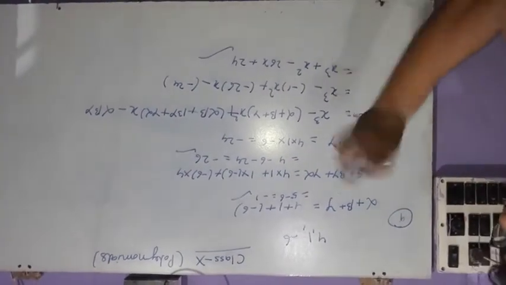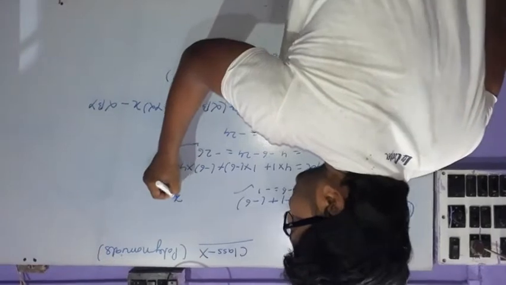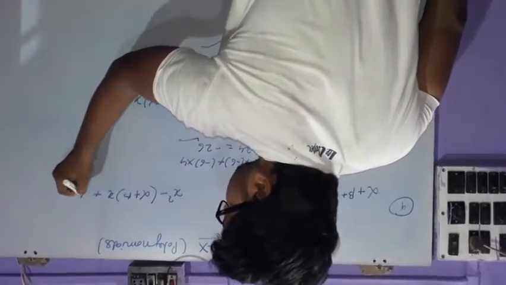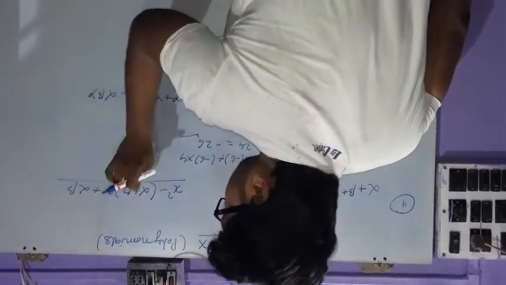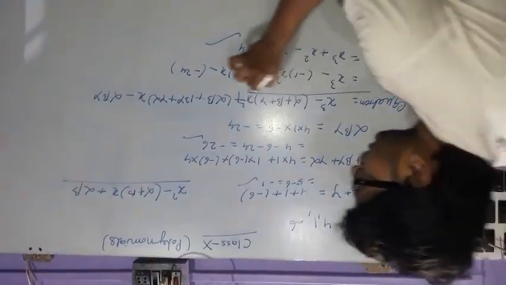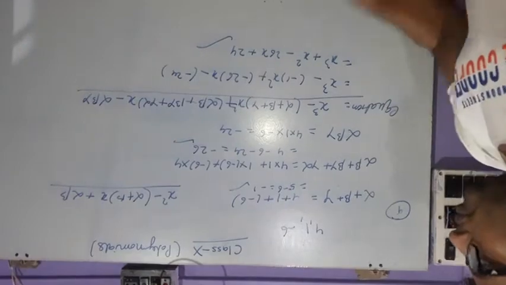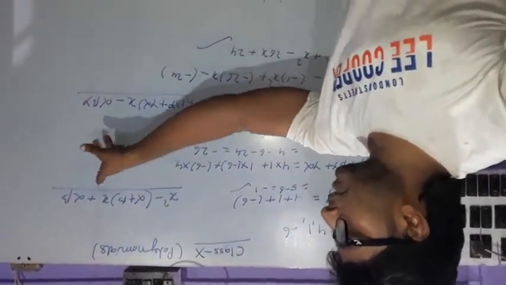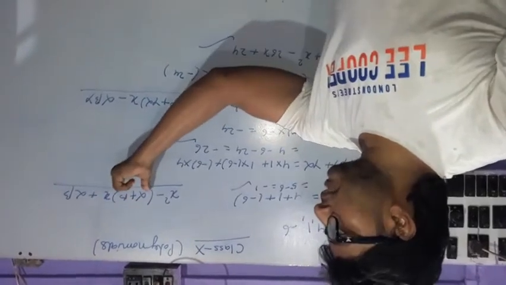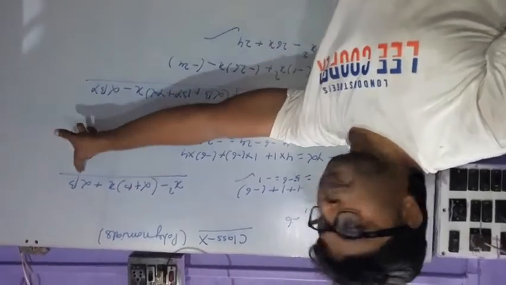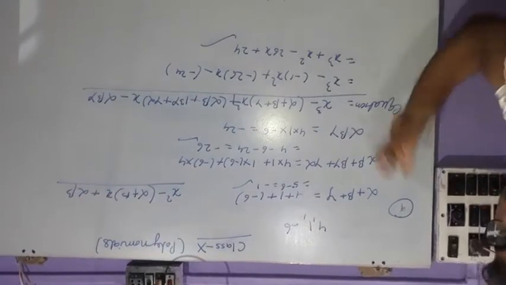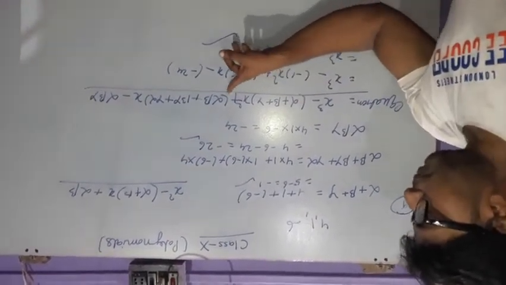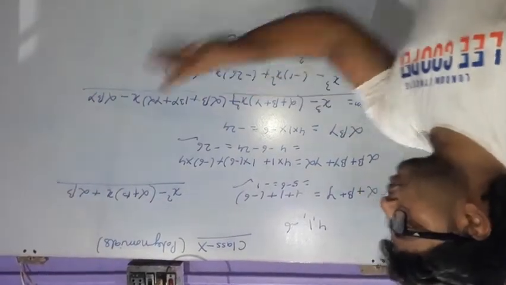When we have to find a quadratic equation, the equation will be x square minus (alpha plus beta) into x plus alpha beta. This is for the quadratic equation and the other is for the cubic polynomial. When we have to find the quadratic equation, we use this formula: x square minus (alpha plus beta) x plus alpha beta. Alpha plus beta is the sum, and alpha beta is the product. But when we have to find the cubic polynomial, we use x cube minus this one, plus x square plus this one into x, minus this one.